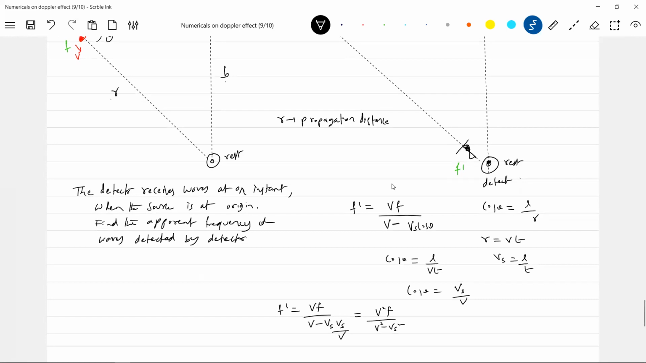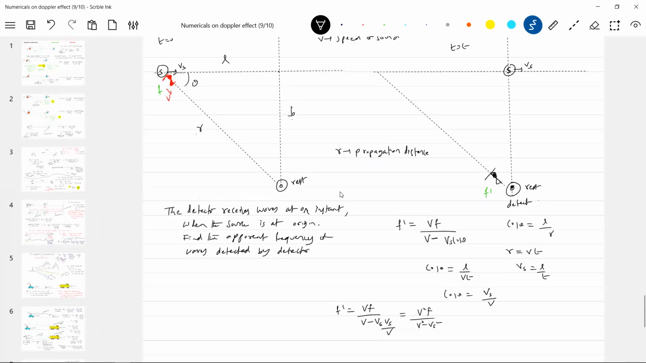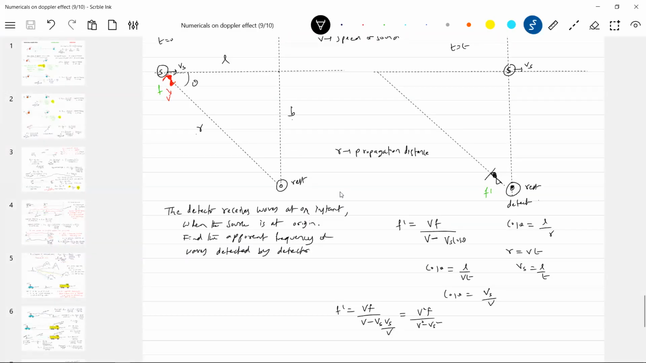Now slowly you will get problems where the wave takes some time to propagate. The wave needs some time to propagate and reach the detector. It means the moment the wave is generated by the source, it will not immediately be detected by the detector. It all depends upon the distance. If this is 10 meter, this is 20 meter, then the signal is received the moment it is generated. But if these are like a kilometer, 4 kilometer, 3 kilometer, then 5 kilometer,